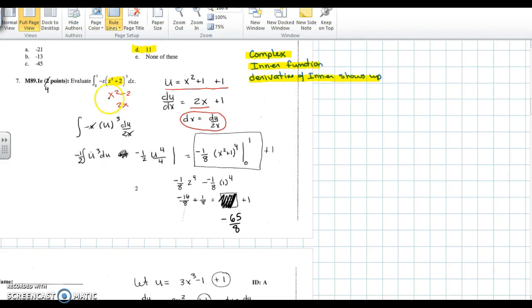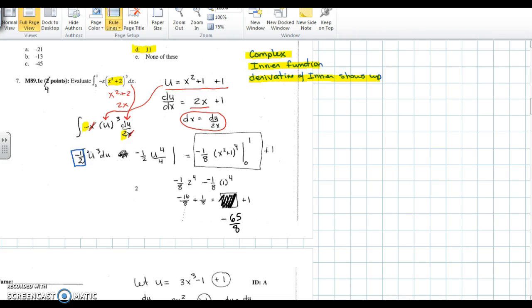As I rewrite then, I will plug in u for x squared plus 2, and I will replace dx with du over 2x, and now the x in the numerator and the x in the denominator will cancel. Notice I still have a negative and a 2, so I can rewrite my integral as